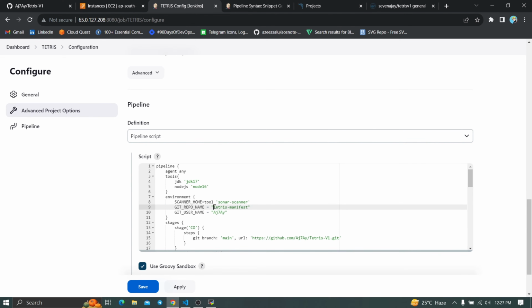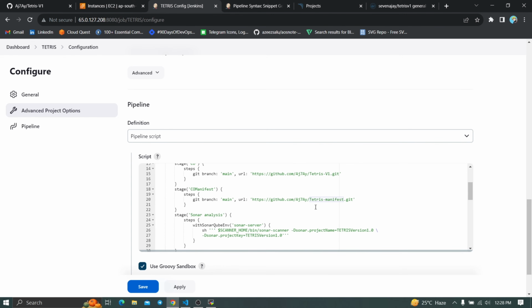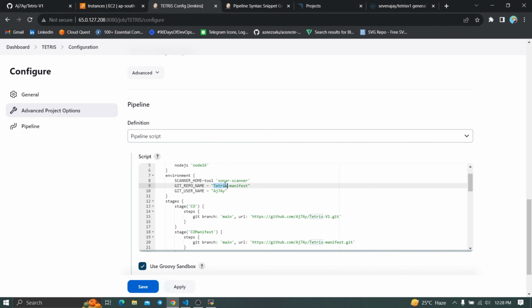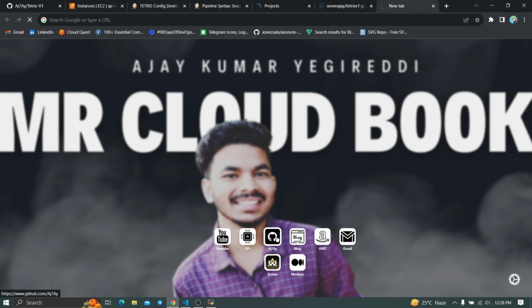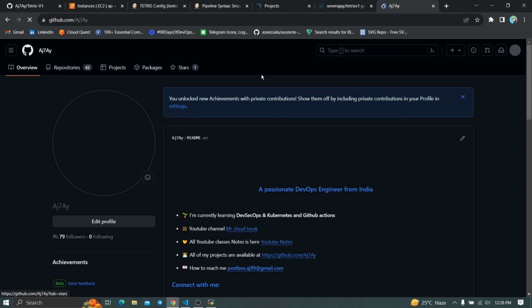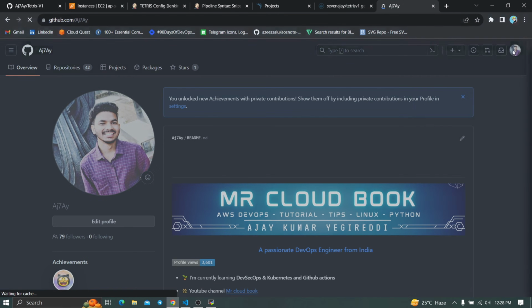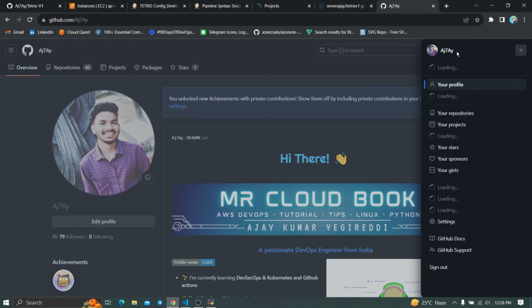And you have to use the Tetris manifest as the name of the repository. You can see this is the name of the repository, right? Tetris manifest, and we are using the same manifest here. All you have to do is change your username here, the GitHub repository username, and let me open it in a new tab. You can see here my GitHub repository, and if you click on the profile, you can see your name here. So this is the username you have to use. So select this username